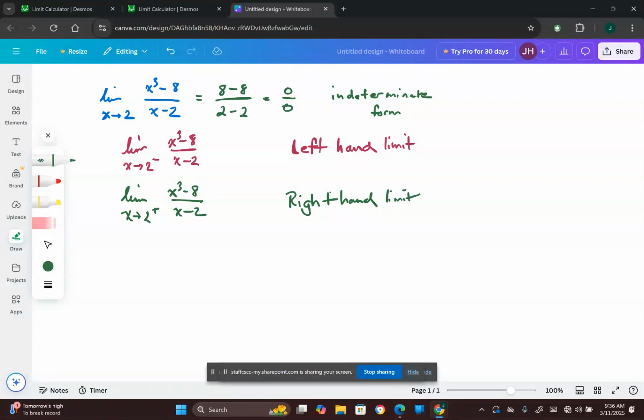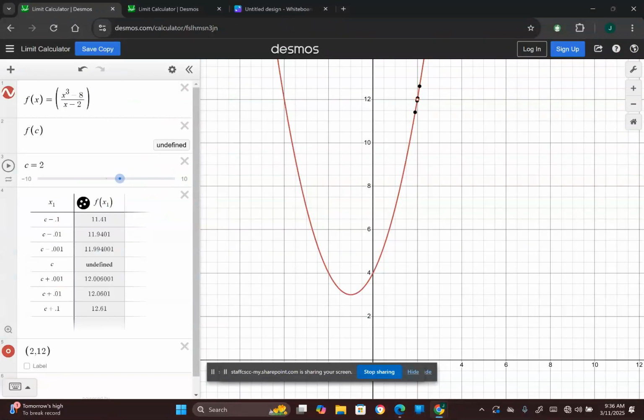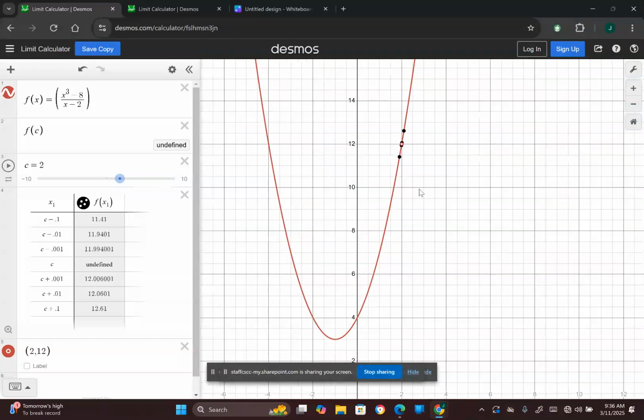Okay, so let's take a look at the graph of this function. If you look at Desmos here, Desmos is a great tool to use when it comes to doing anything math related. I have graphed this function, and it's funny, it looks like a parabola, but there is a hole right here at 2. Now, we're going to take a look at the values as x approaches 2 from the left-hand side. So I'm going to start on the graph over here, and this doesn't really mean much because I'm pretty far away from x equals 2. But as I get closer to x equals 2 over here, closer and closer to 2,